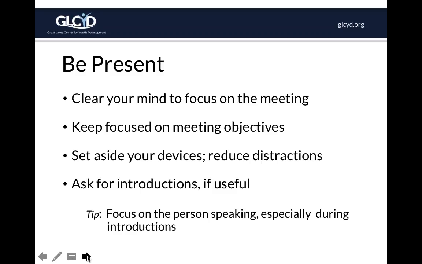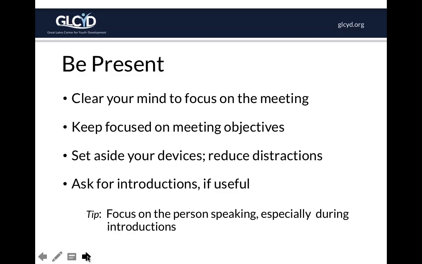And set aside your devices, if at all possible. Cell phone, not visible. If you're taking notes on your computer or your laptop, fine, but try to close your email, things like that. Just do whatever you can, and you know how to manage this for yourself, but try to reduce your distractions. And if it's in a meeting where you may not know everyone, or you're not sure if other people around the table know everyone,